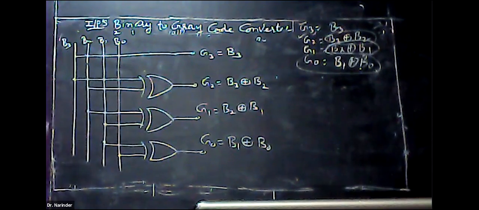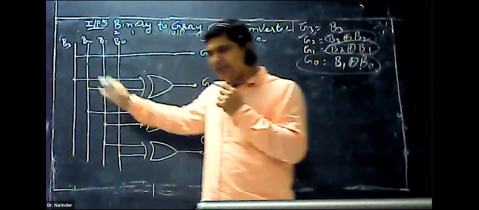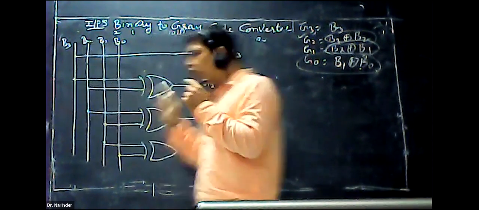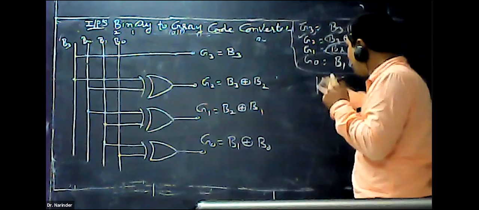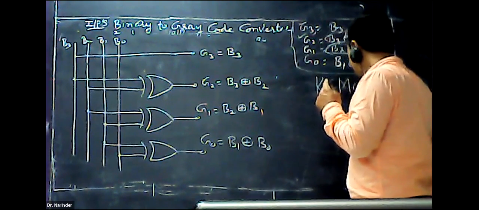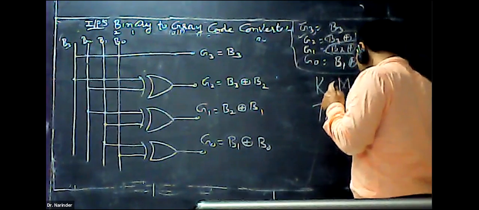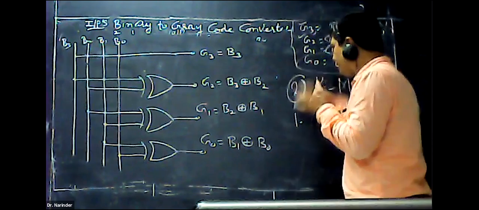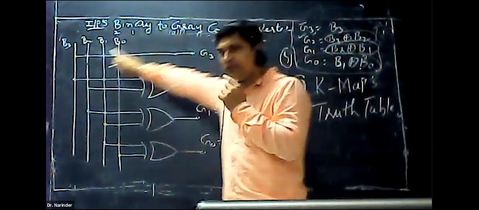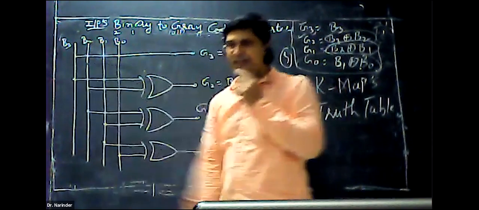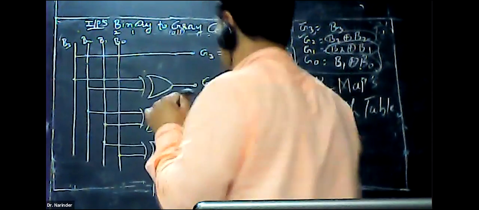Firstly, you have to define the truth table of it, as we have already discussed previously. Then, based on this truth table, you have to use the K-map and develop these relations by using the K-maps. Firstly, what is required? Truth table. First truth table, then K-map. From K-map, you can derive these expressions. After these expressions, you have to implement the circuit. In this way, we can convert binary to gray code. Similarly, you can also do it for gray code to binary.